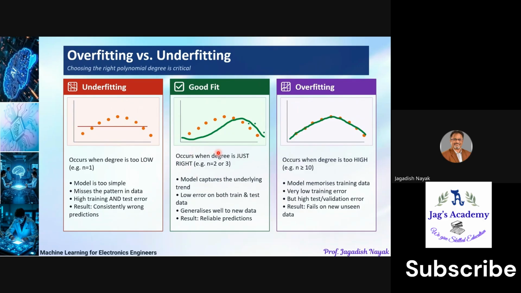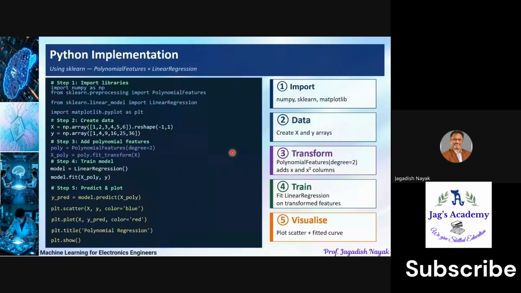Okay, so whenever you have overfitting and underfitting, you now need to use something called regularization, which I will be taking up in the coming classes. To make the best training, we can use regularization, which we will see later. So in this slide, I'm just explaining what underfitting, good fit, and overfitting are. Now let us see the Python implementation of this